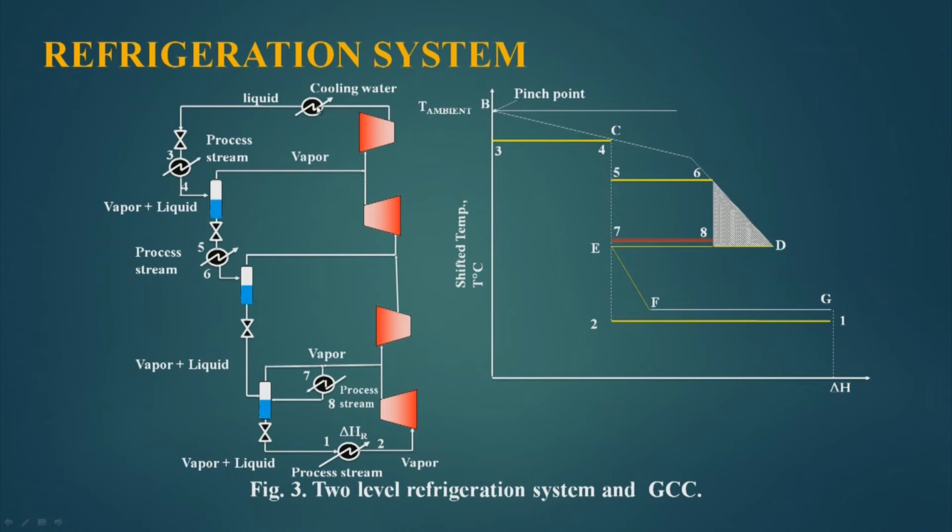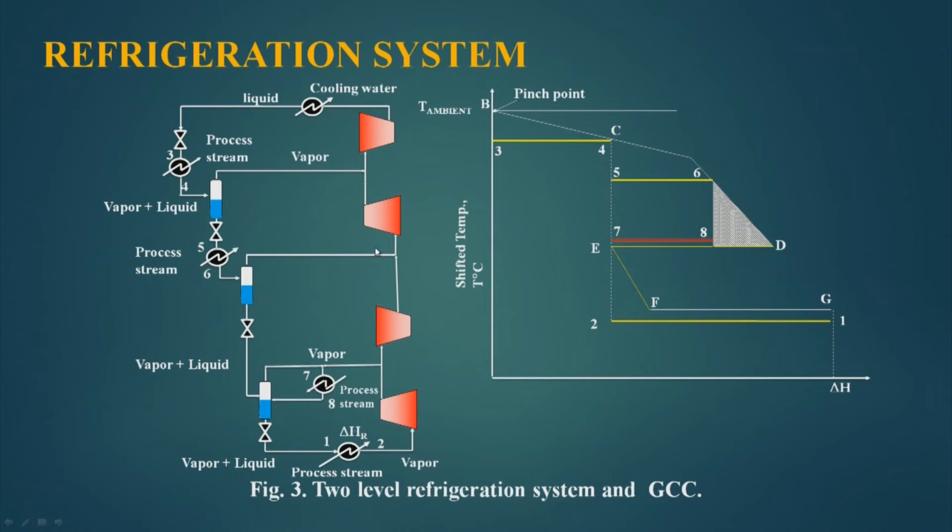Now, it takes to the highest temperature level, where this is being cooled by a cooling water, and the liquid is formed. This liquid is at highest pressure. Then it is expanded, a vapor liquid mixture is being created. This goes to the evaporator 3 to 4 here, and a cooling level is being created here. Then the vapor liquid goes here, vapor is separated and pushed back here, liquid is further expanded, that means pressure is brought down, and a new temperature level which is 5, 6 is being created.